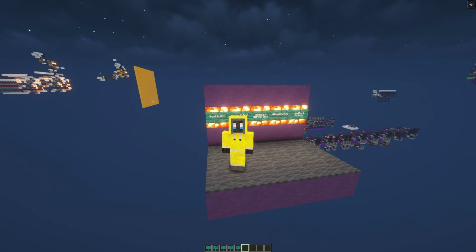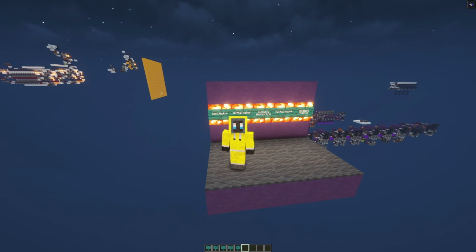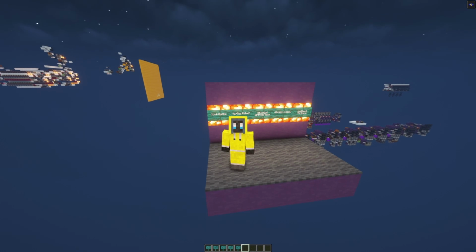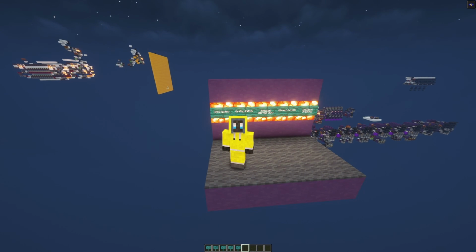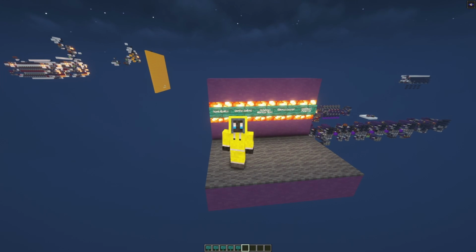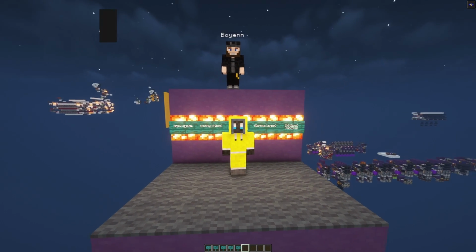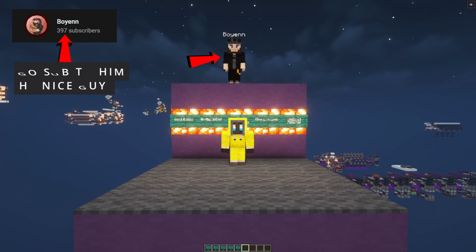All the items would then be shot out into the water streams at hopper speed, and then all the shulker boxes will then be put into a buffer. Once all the individual loose items are sorted, the boxes can then be unloaded at hopper speed too. Now originally I was planning on using Boyan's parallel item unloader, and I did have a little think about